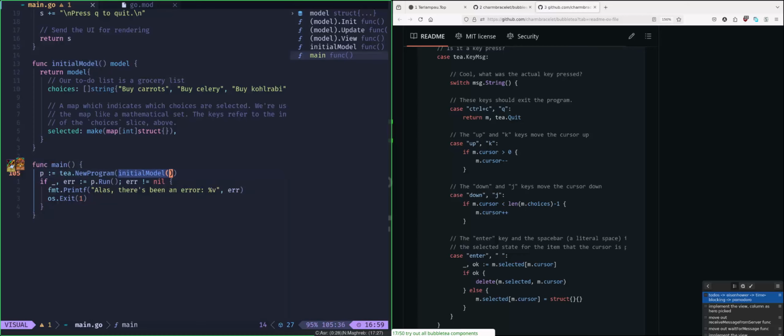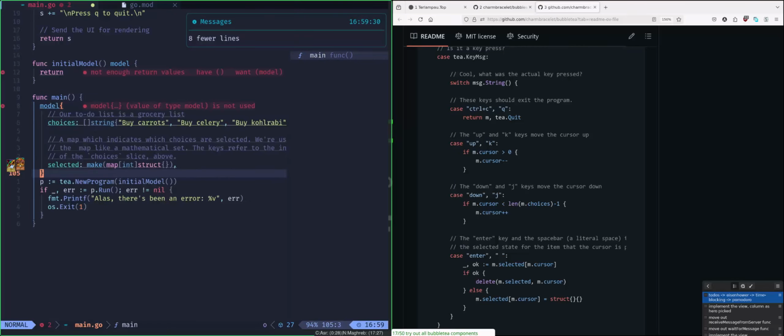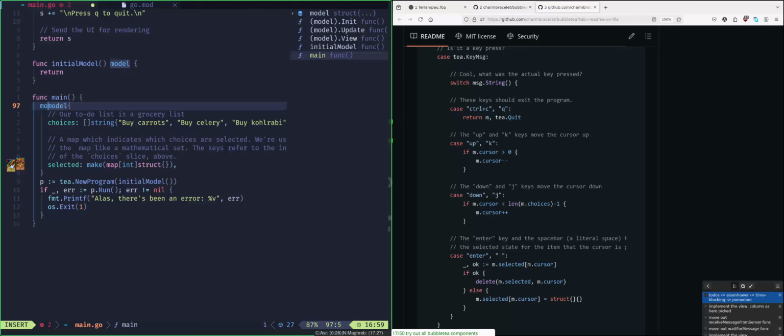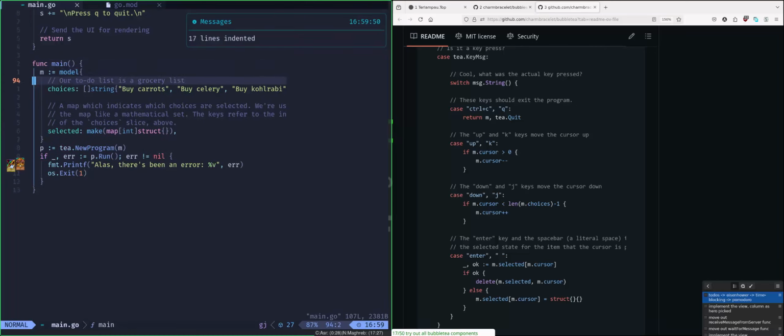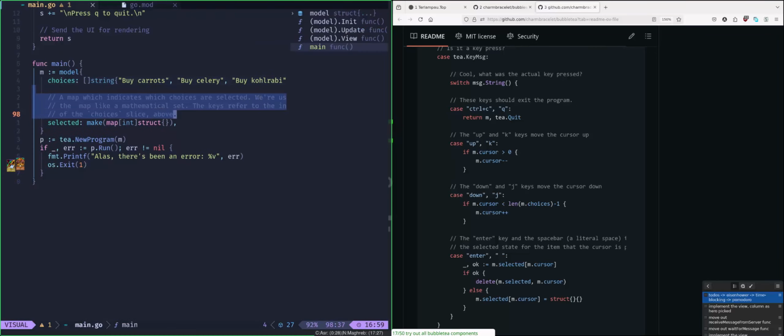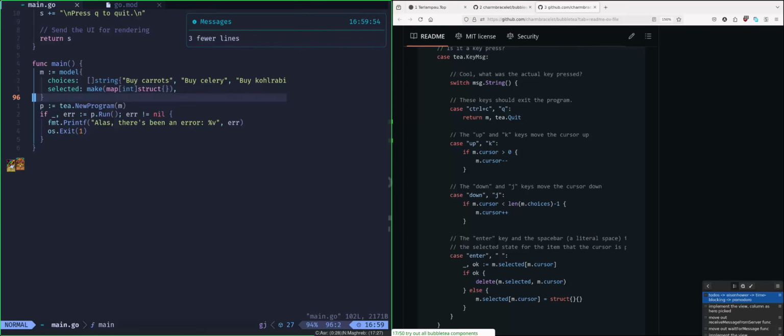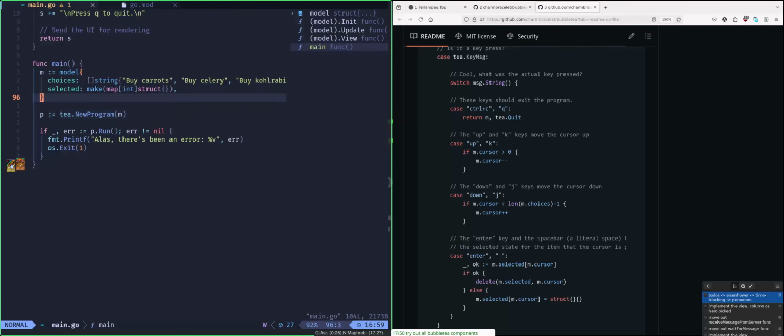And this is returning a model, right? So if you create the model right in here, you can do that too. So m is equal to model, and then you can remove this and just delete this. Okay, so this is just initializing, or declaring, the default value for the model.